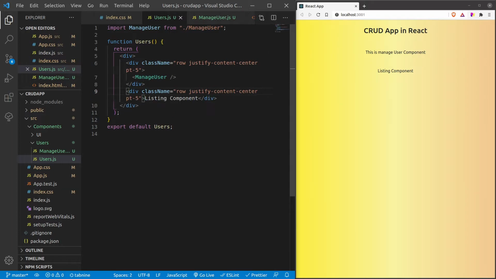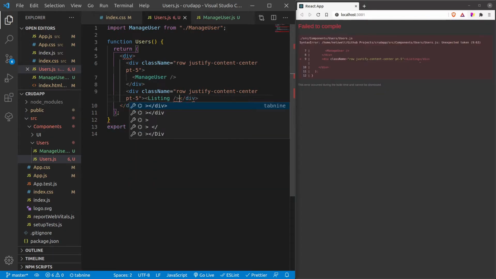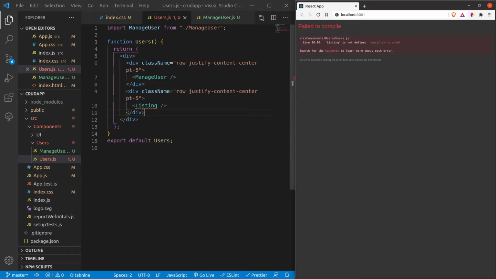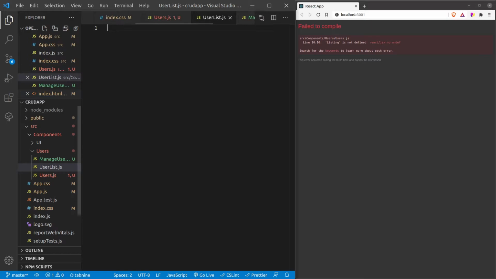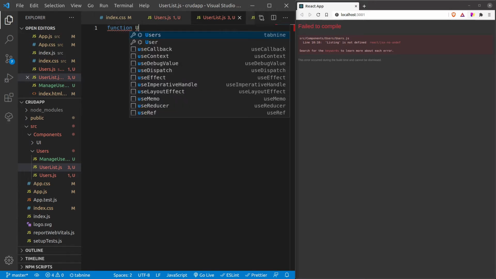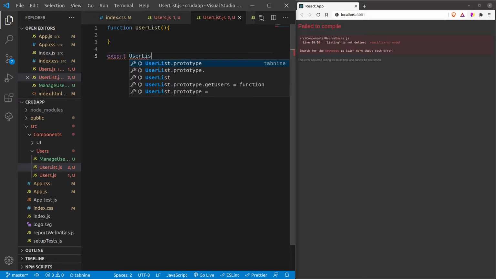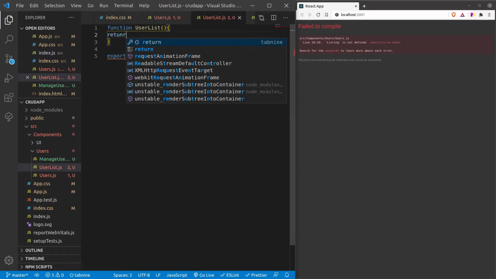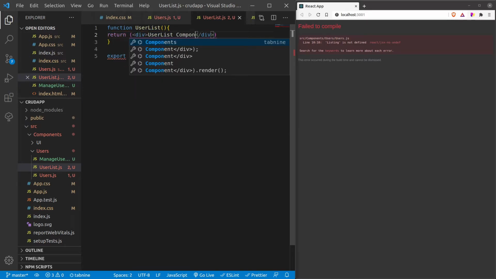All right, so similarly now we can create our listing component. So instead of this, let's create a listing component. All right, now it will throw error, and here we are going to create user list.js and function user list, and let's export user list and return user list component.